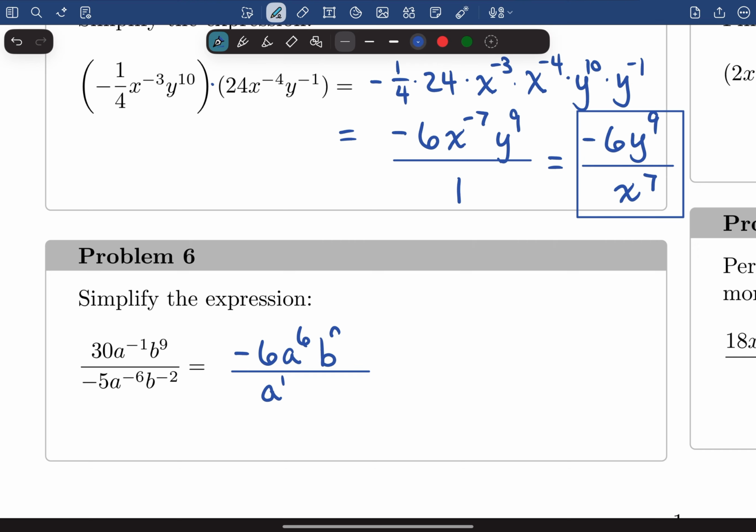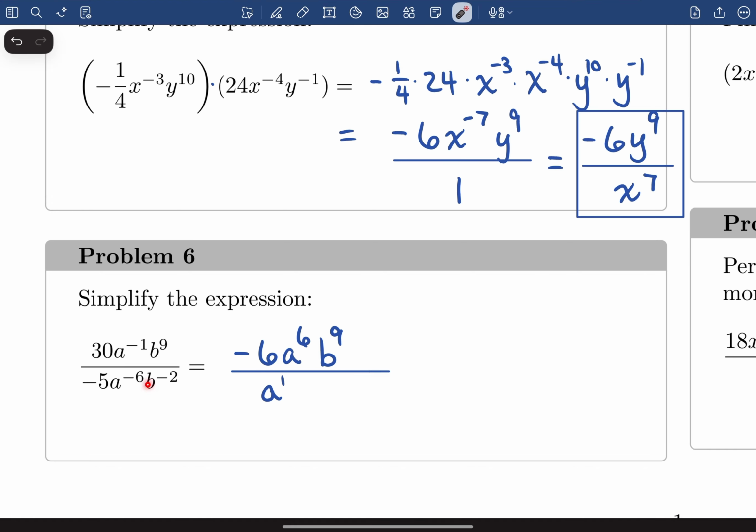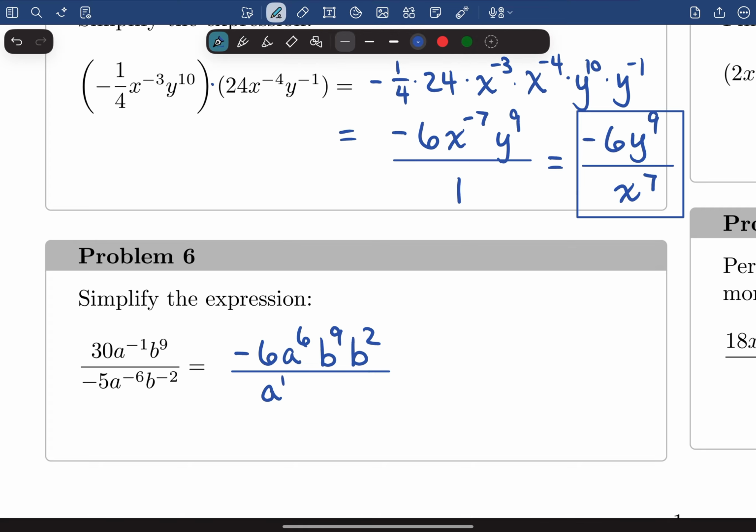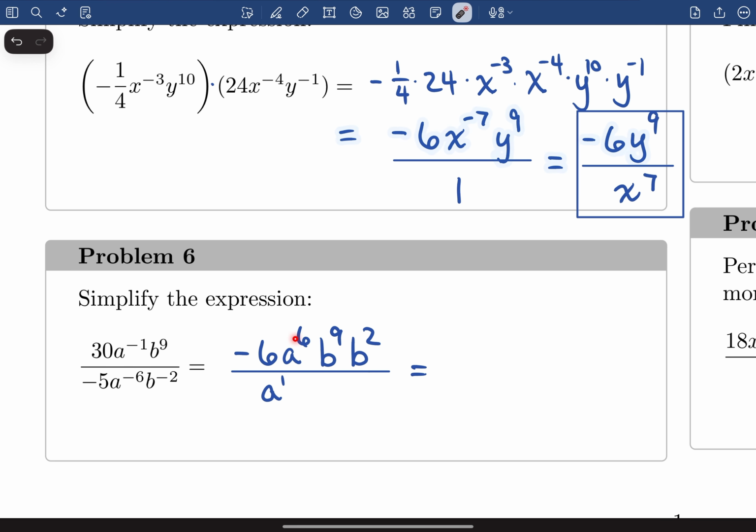Now there's a b to the ninth on the top of the fraction, and there's also a b to the negative 2 on the bottom. So I'm going to put it on the top to make it b to the positive 2, like this. And this is all legit. We did legit stuff just now. It was awesome. And now what we're going to do is take the a to the 6th divided by a